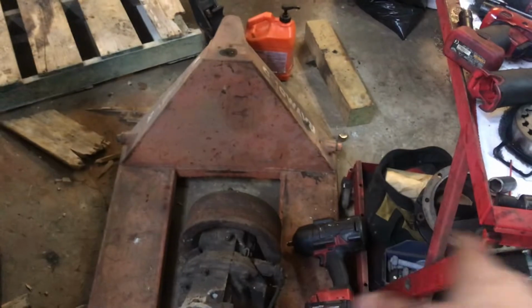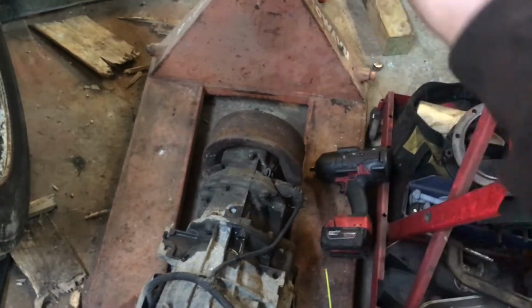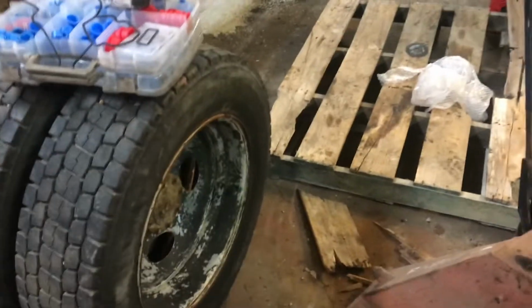But yeah, as long as, I'm pretty sure it'll work, me swapping that extension housing, that middle housing, and then putting the transfer case behind it. Then I'm going to have to shorten up the drive shaft on here, which I'm going to,